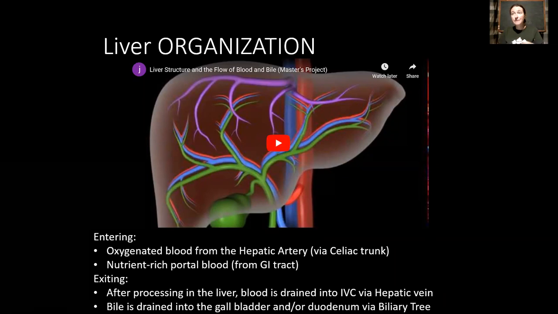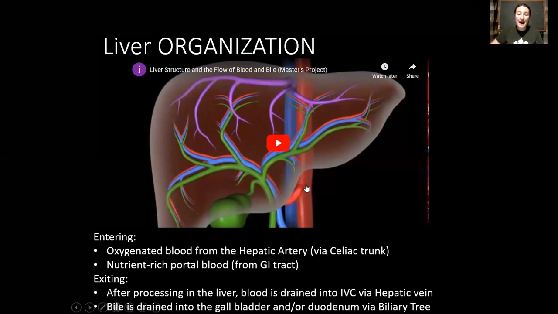But also the liver needs its own oxygen supply. It needs its own blood, right? And so we have the hepatic artery, right, we talked about from the celiac trunk, that is also going to be entering into the liver from the inferior side, right? So the red one is going to feed the liver. The blue one is what the liver is actually processing. Okay. What exits the liver? Well, essentially, these blood supplies are going to flow through the liver and some magic liver stuff is going to happen.